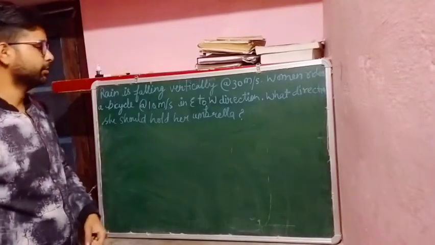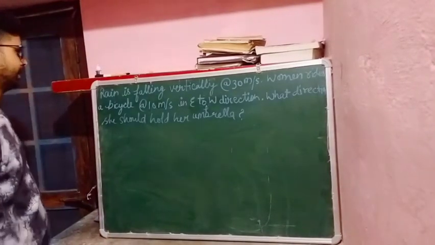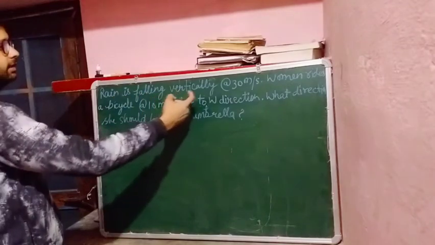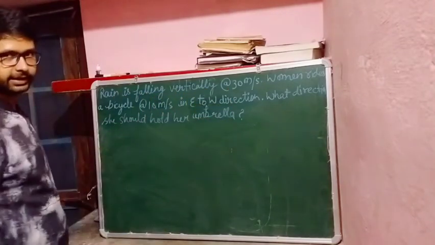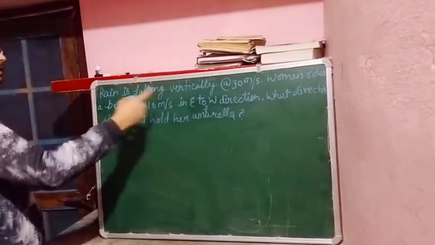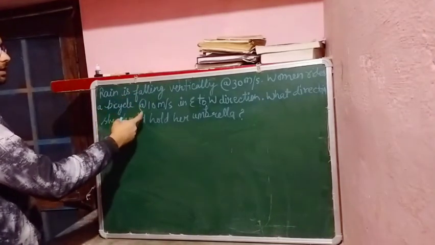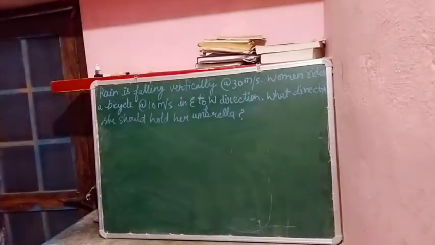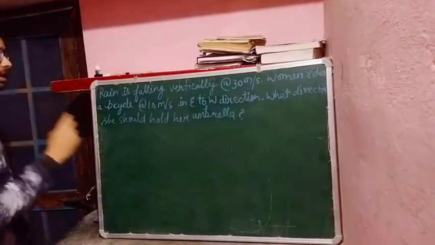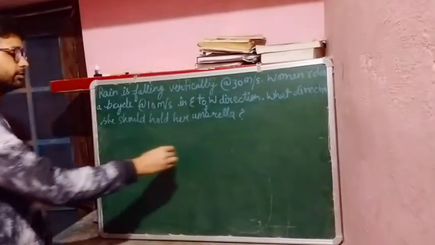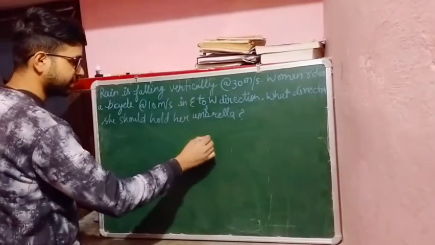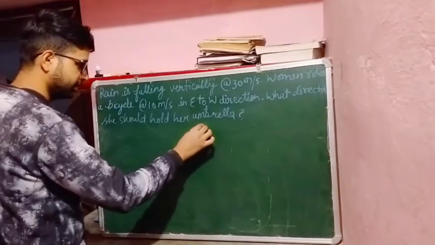Let us see one more problem. It says rain is falling vertically at the rate 30 meter per second, and a woman rides a bicycle at the rate 10 meter per second. Before starting this, I would like you to imagine this situation practically,